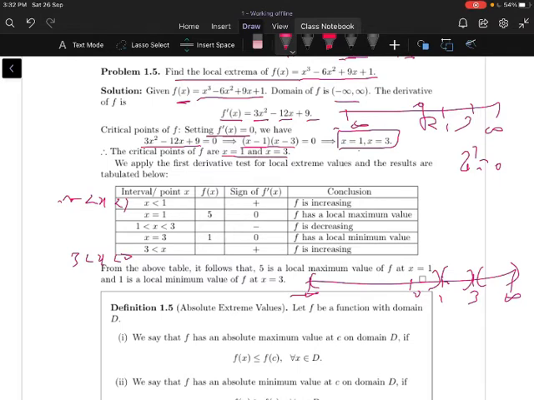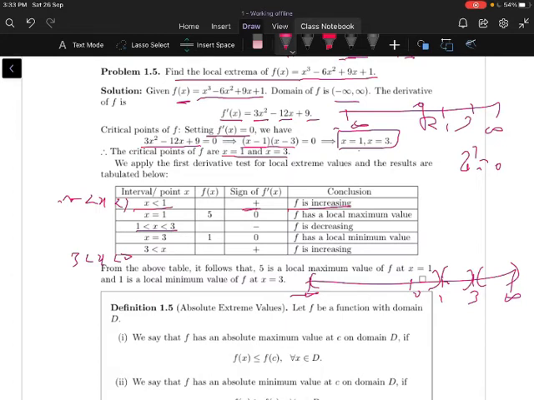For the interval x less than 1, check one value of x in minus infinity to 1 and see whether f dash is positive or negative. Here you can observe that f dash is positive. Therefore, f is increasing for the interval x less than 1. At x equal to 1, f dash of x is 0, since by setting f dash of x equal to 0 we got the critical points 1 and 3. Now for the interval 1 comma 3, you take any value between 1 and 3.